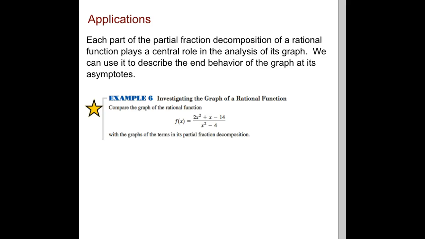There is one thing I want you to notice about this one that's different from all the other ones we've done, and that is that the degree on top matches the degree on the bottom. And we said in order to decompose it, the top degree has to be smaller. If it's equal to or bigger, we have to divide first. So we're going to have to do a long division to figure out what is the true remainder of this, and we only have to decompose the remainder part. Okay, so